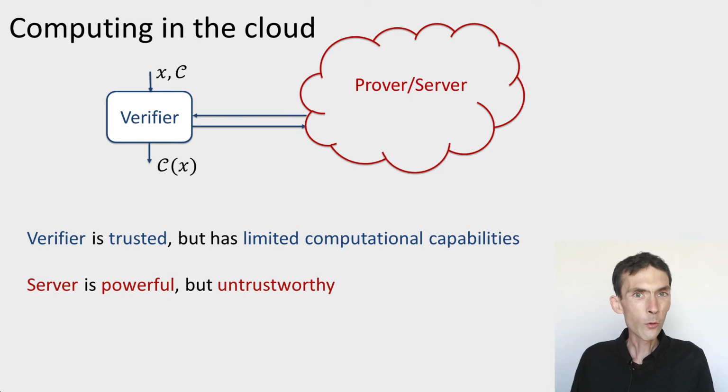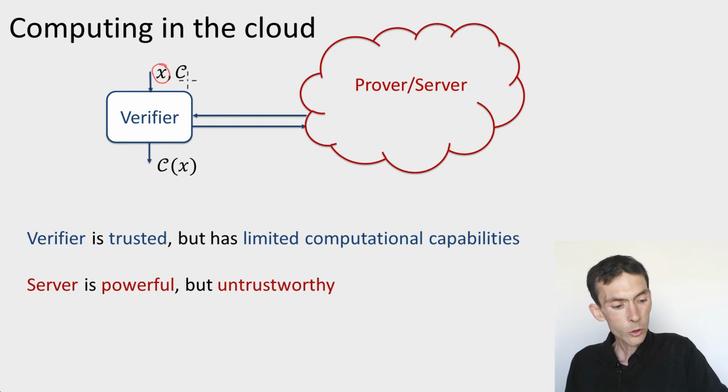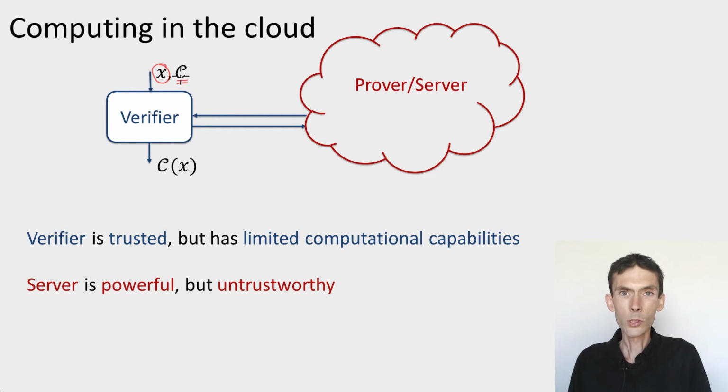To set it up a little bit formally, this is the kind of scenario that we want to consider. It's a scenario that's going to involve two parties, the verifier and the prover. The prover we sometimes call the server. So the verifier has as input a certain string, x, this is just a classical bit string, and a description of a circuit. This is a quantum circuit, but whose description is given classically, just as the list of gates and which qubits the gates should be applied to. Now the verifier is classical, so he has this input, this circuit, and he wants to evaluate the circuit on the input but can't do it himself.